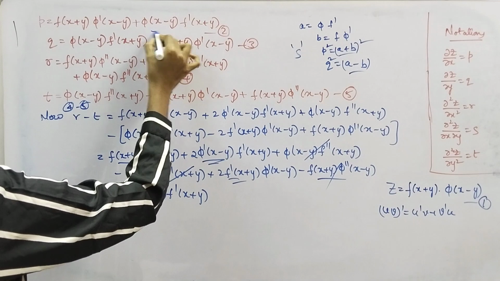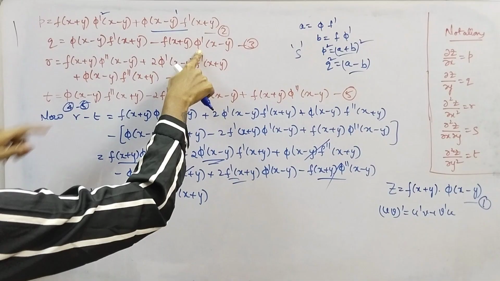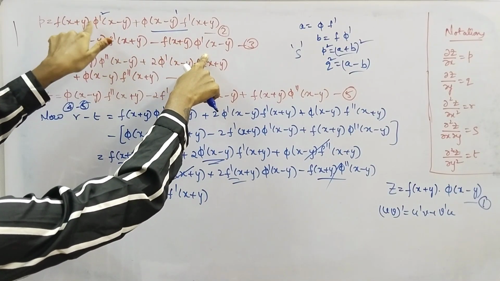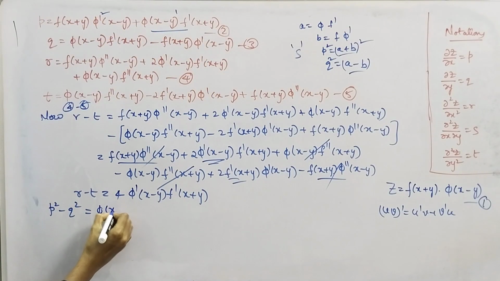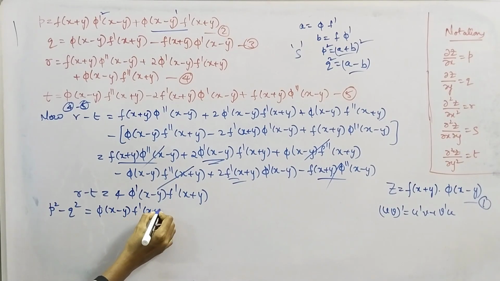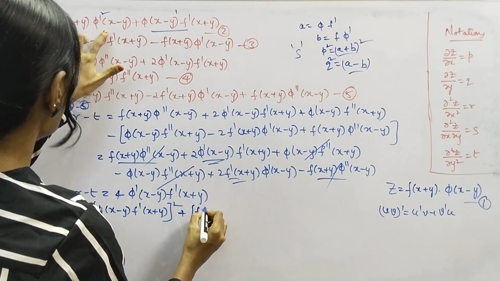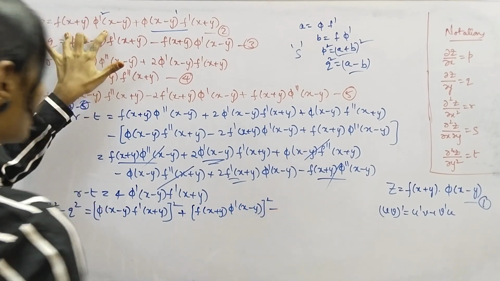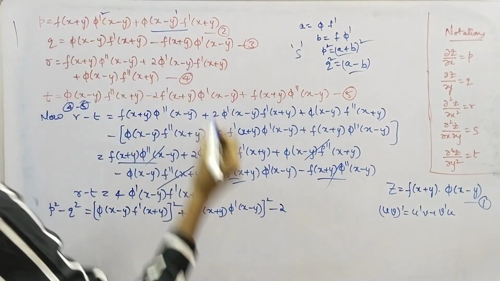I'll take this as first term and this as second term for my convenience, okay? Because here you're having minus f phi dash, you can take it in the second term here, right? So I'm taking this f phi dash here as second term, okay? Don't get confused. So first term whole square, that is phi f dash whole square, okay, plus second term whole square, that is f phi dash whole square minus 2 times phi f dash